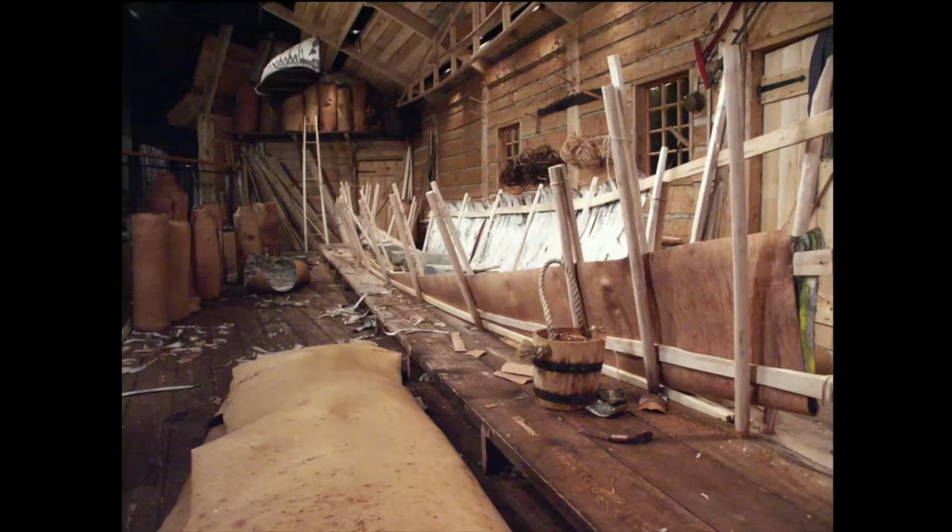Now, a roll of canoe bark was 1 fathom wide and 4 fathoms long. This is 6 feet wide and 24 feet long as a standard grade piece of canoe bark. It was all I could do to get close to that when we were building this canoe. If you look at the right-hand end, just down in the right-hand corner, you see a bit of yellow spray paint on that. And